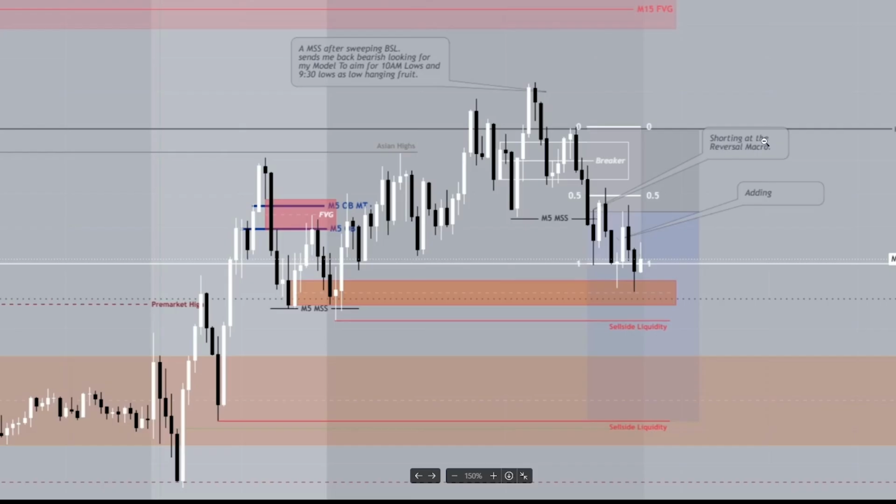And I say I'm shorting at the reversal macro. The reversal macro is a pair between 10:50 and 11:10. We are about to enter it. If you look at this, the time currently is